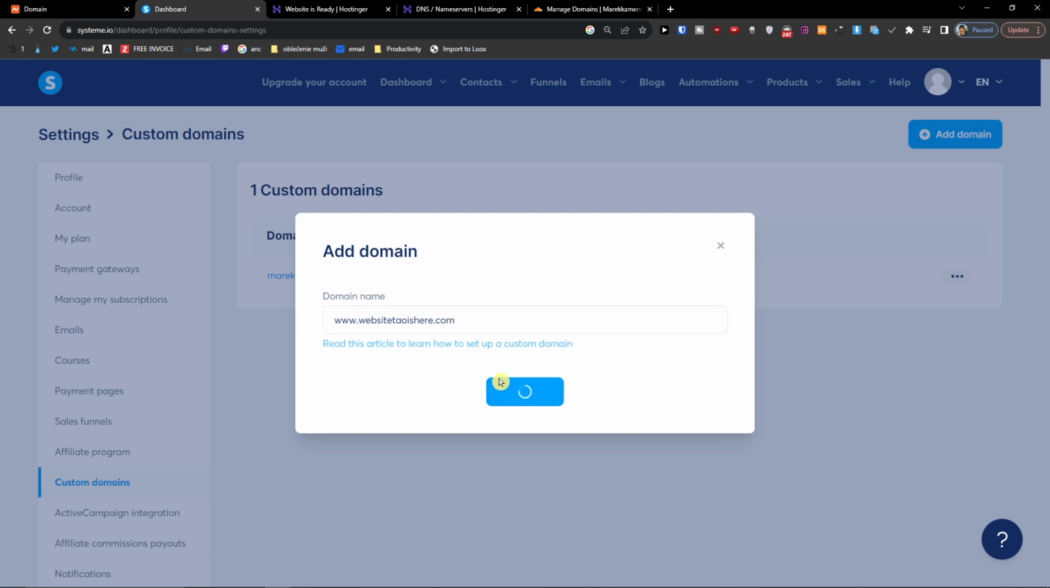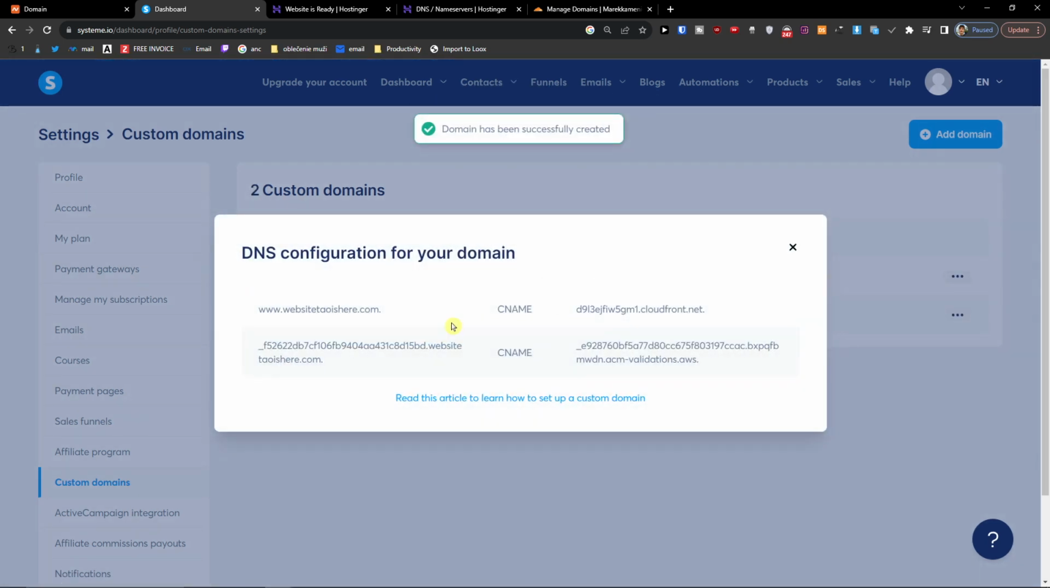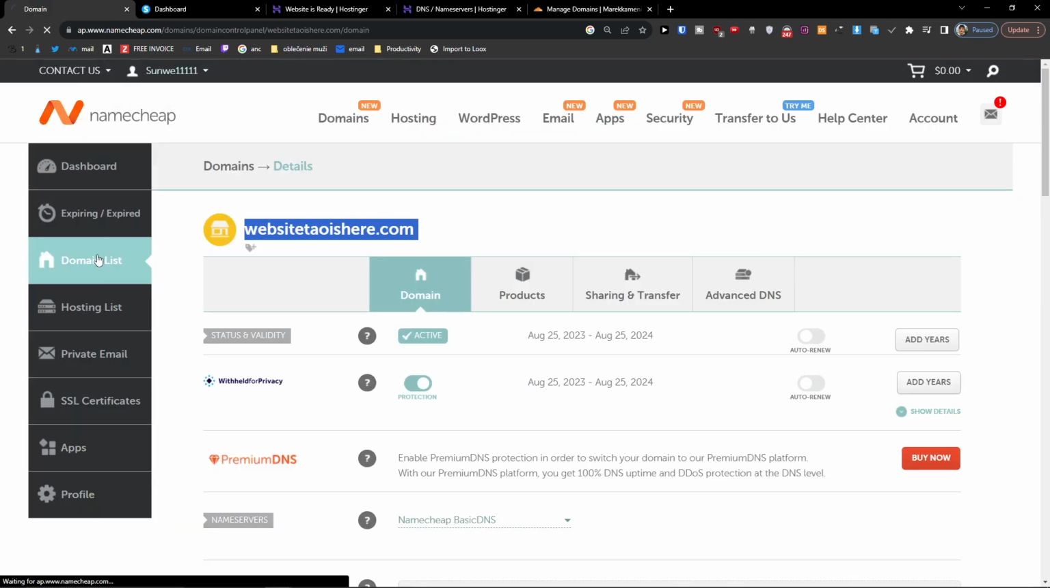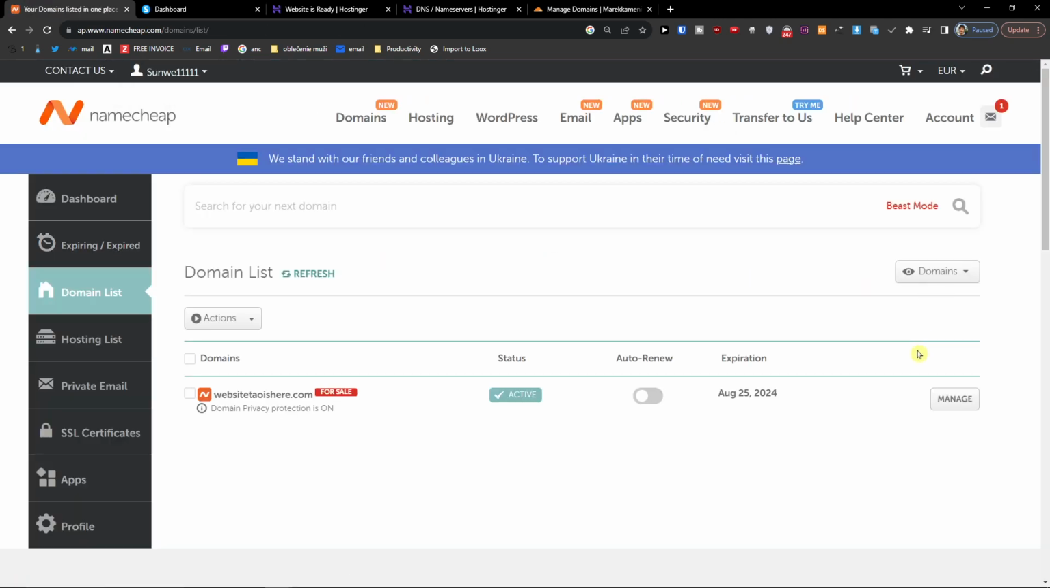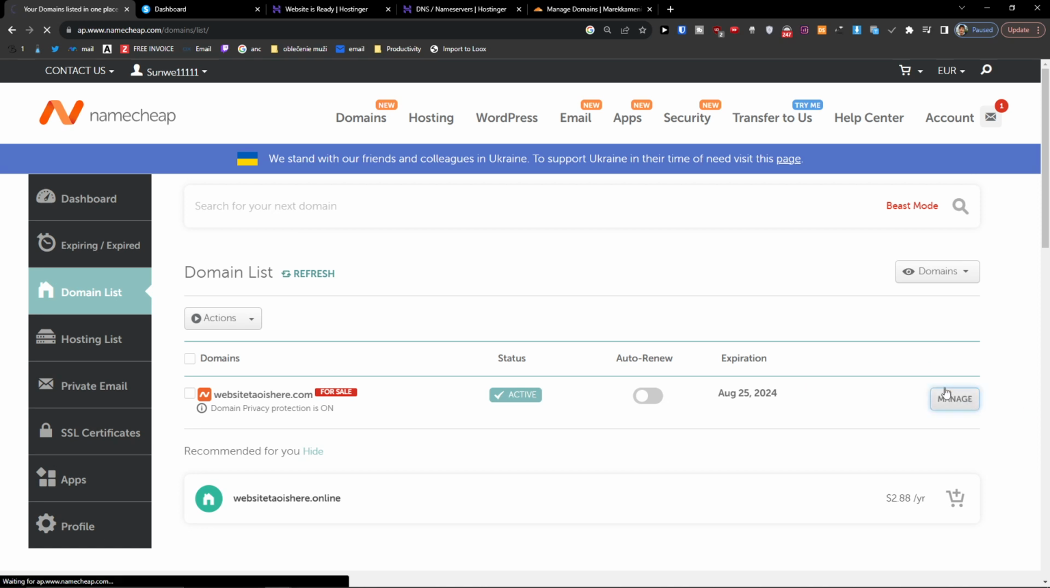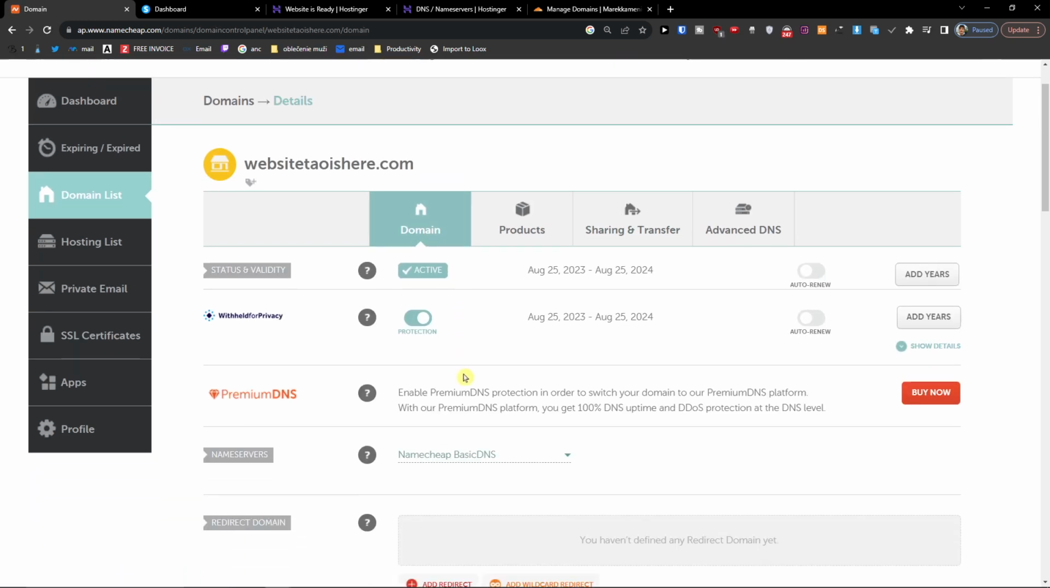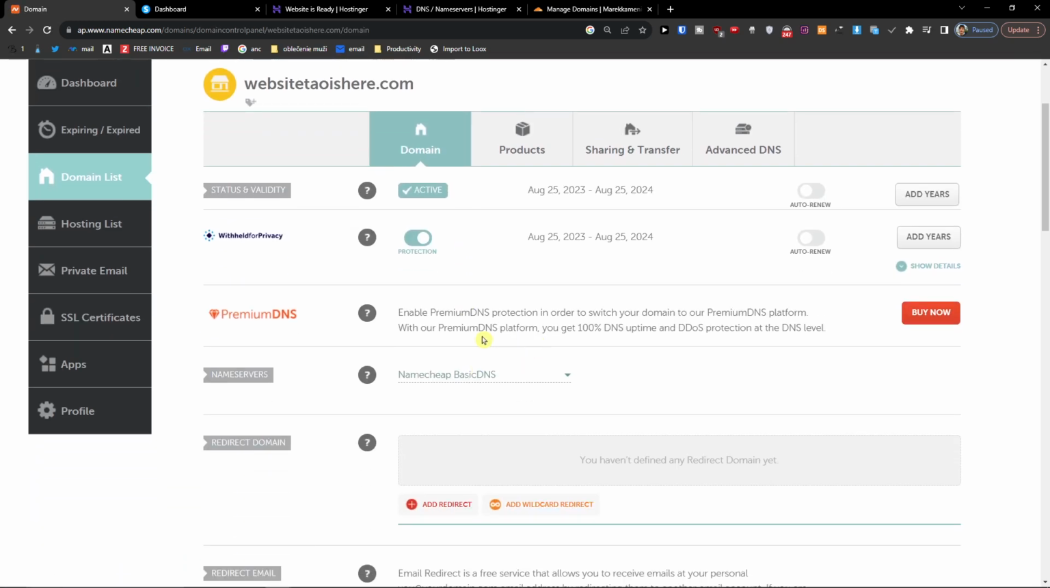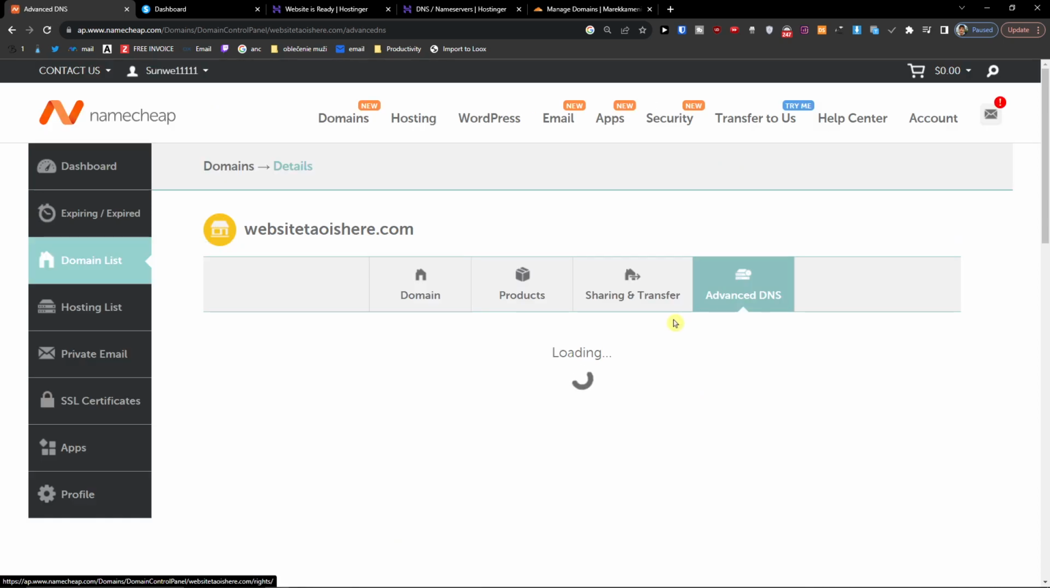In the moment when you do it, a CNAME is going to appear that we have to copy. So when you're in the domain list on Namecheap, you want to click here on Manage, and then under domain you're going to have the Namecheap basic DNS, and you want to go to advanced DNS,